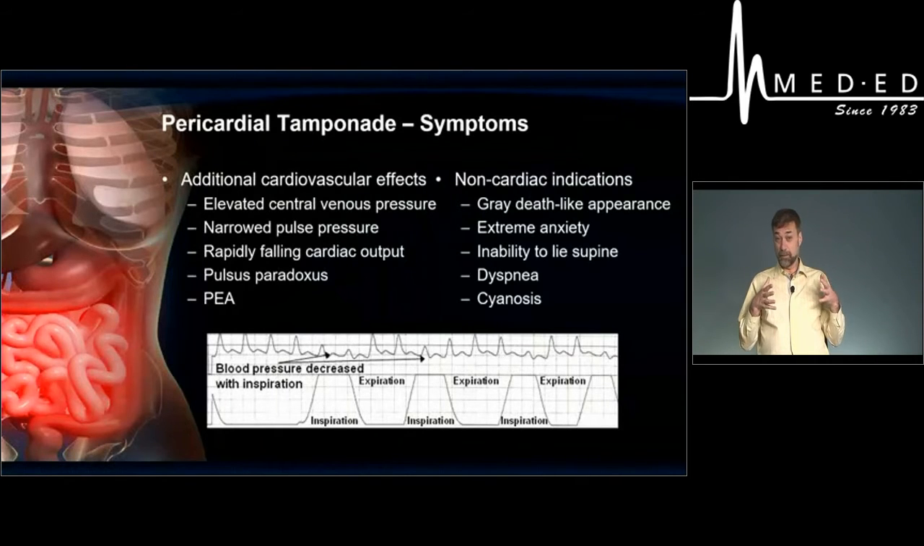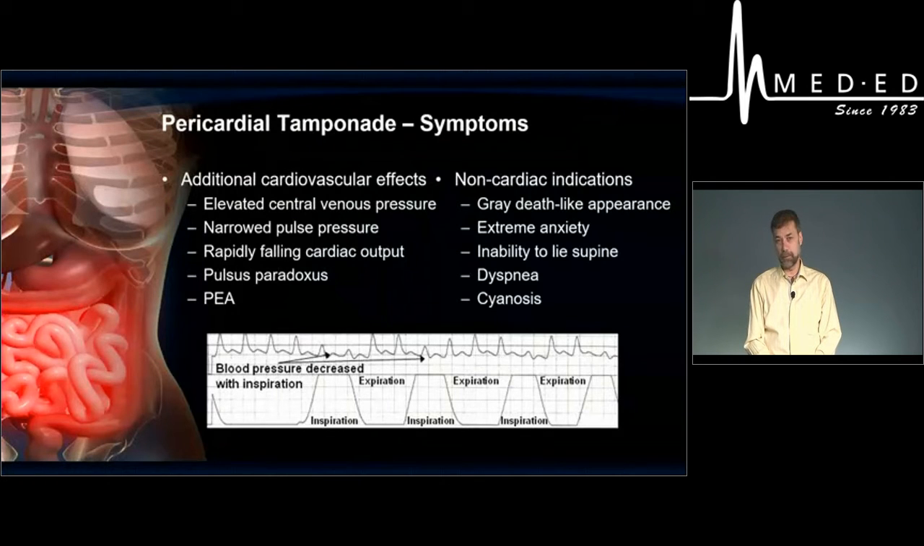With a tamponade, you have an enlarged amount of fluid around the heart that increases intrathoracic pressure. So it's already hard for the right ventricle to move blood to the left. And then when they take a deep breath in, they get a significant drop in blood pressure because the intrathoracic pressure climbs so high. So when the blood pressure drops more than 10 millimeters of mercury on inhalation, we call